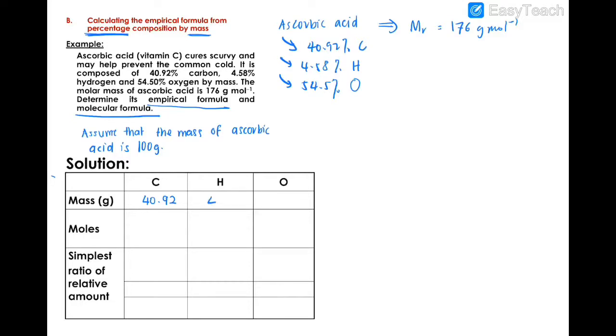And then hydrogen adalah 4.58 dan kita punya oxygen is 50.5. So now mole macam biasalah, mass bahagi molar mass. So you will get 3.41 untuk carbon, meanwhile untuk hydrogen pula divide by 1, so memang kita dapat 4.58. Meanwhile untuk oxygen pula divide by 16, kita akan dapat